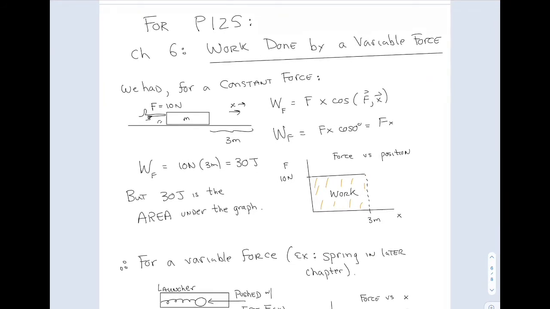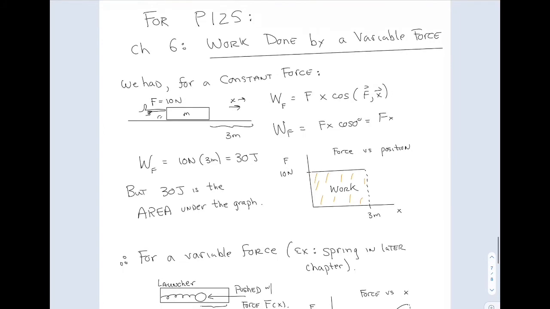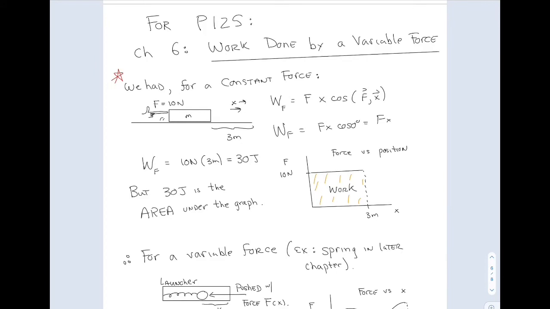All right, so I wanted to add one thing for the work chapter. Let's say you have a constant force. So here's your finger, a constant 10 newtons, pushing on this object. Let's say it goes 3 meters. So with a constant force, we want to find the work done by that constant force, which is